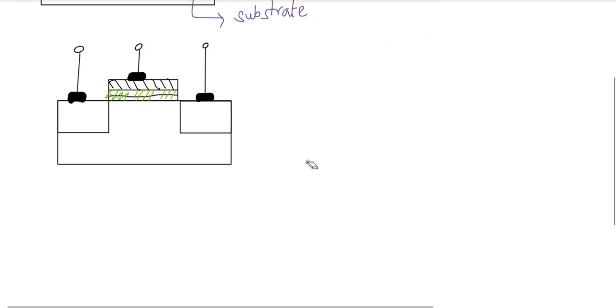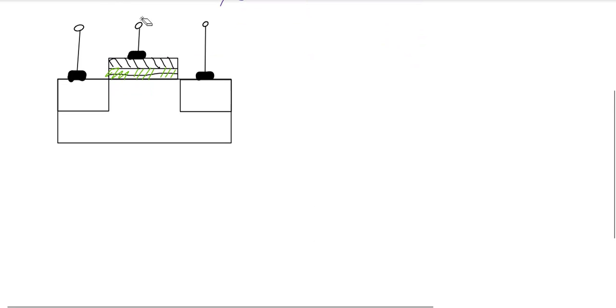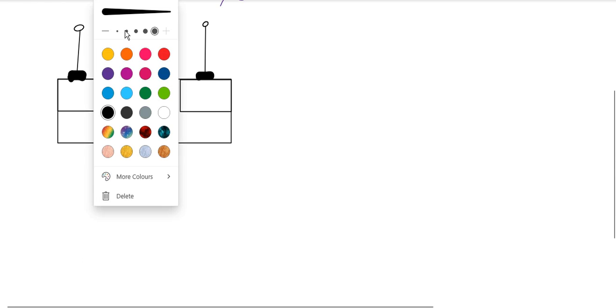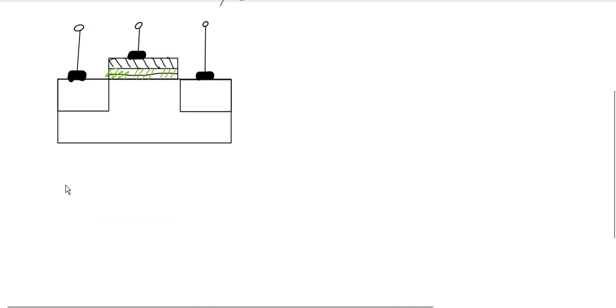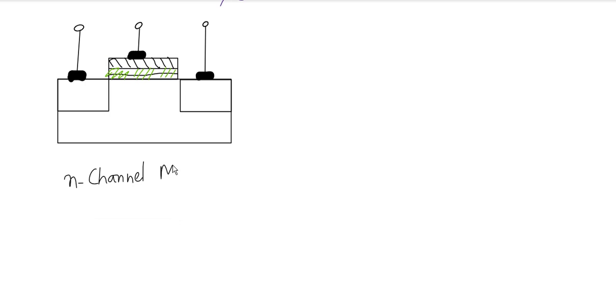Now for an NMOS device, an N-channel MOSFET, this is most commonly referred to as the, my bad, let's pick a smaller one. This is called the N-channel MOSFET.